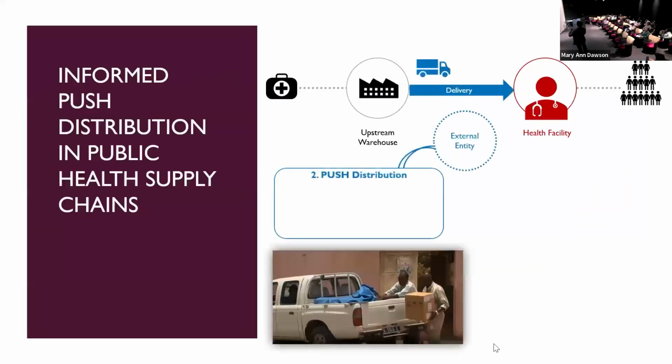Okay, so this is where countries said, maybe there is a better method to manage the system. Instead of asking health workers to do all these tasks, maybe there might be a better way to do this. And this is where a different distribution strategy came into play, which is known as the informed push model. The previous one was called a pull model because health workers are actually pulling supplies through the supply chain. In this case, somebody else is going to push products through the supply chain, okay? So how does this model actually work?